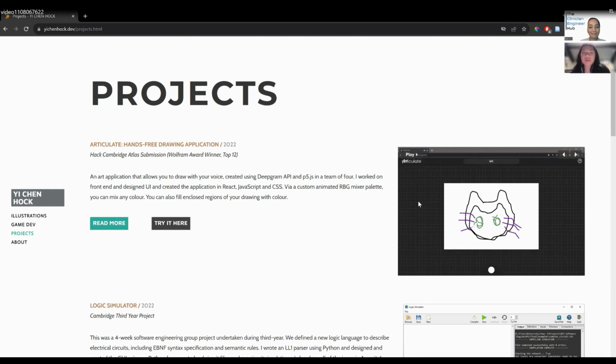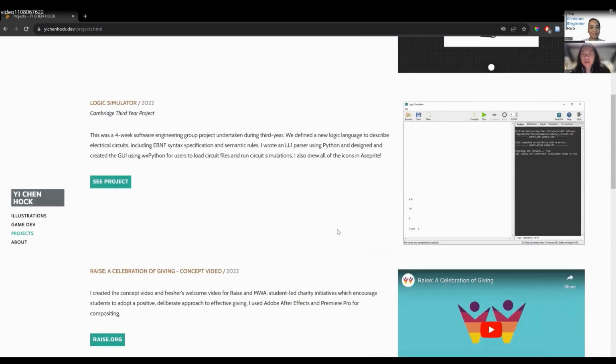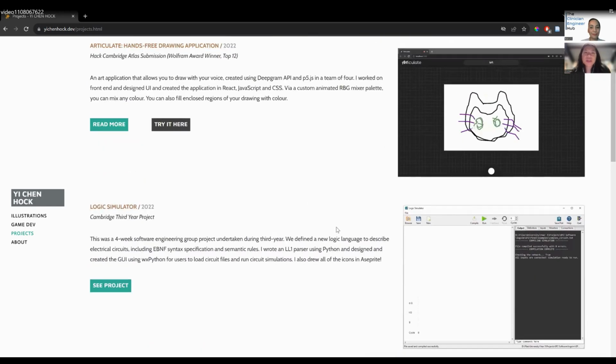And then I worked in a team of 4, and I mainly worked on the front end here. So I created basically what the entire thing looks like, and that was really fun. I was inspired by Procreate, which is the drawing app on the iPad. And then similarly, I feel like